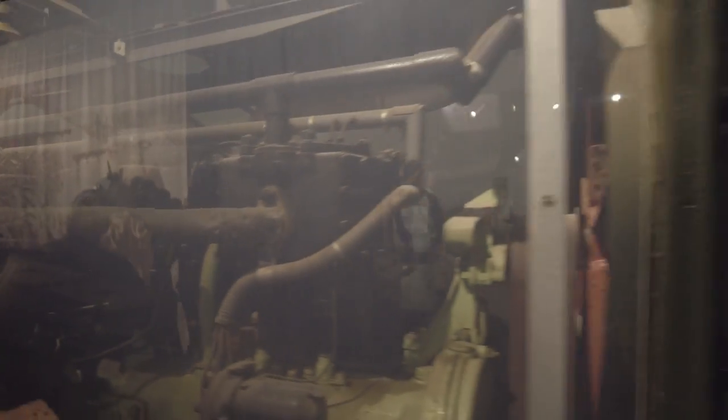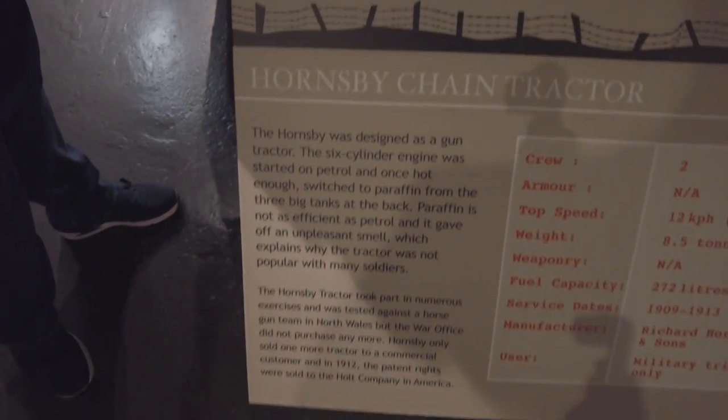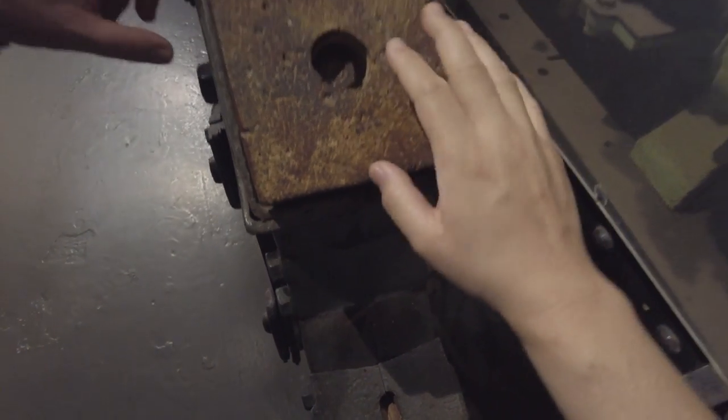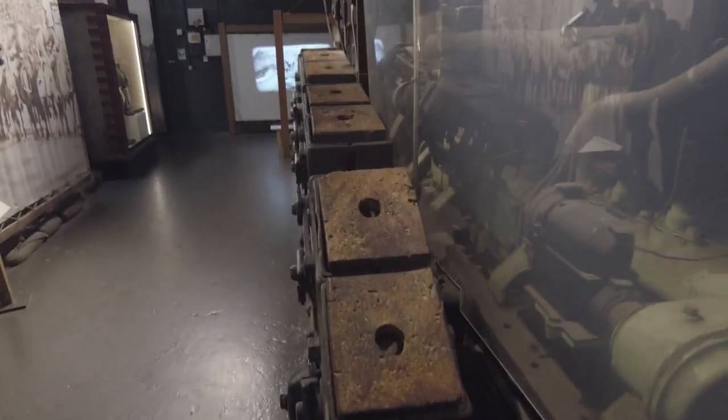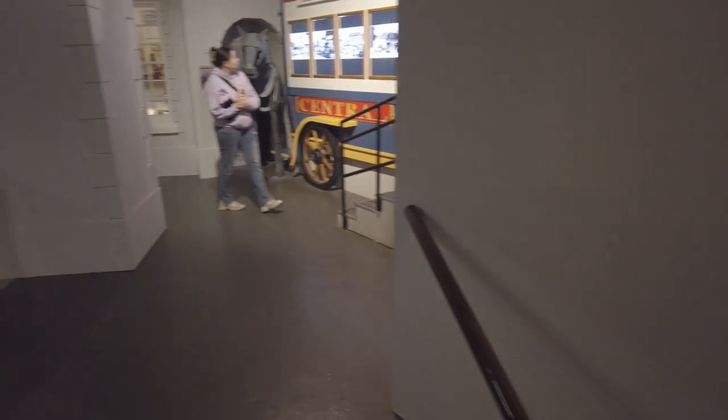I've lived on this farm since I was a farmer. It's a lovely place with fields, flowers and trees as far as the eye can see. I start working pulling the plow, pulling the timber to build. Chain tractor. What is this? Is this metal or is it wood? Interesting. A farm horse's life is hard. I enjoy it, but it makes me so proud at the end of the day when farmers say,